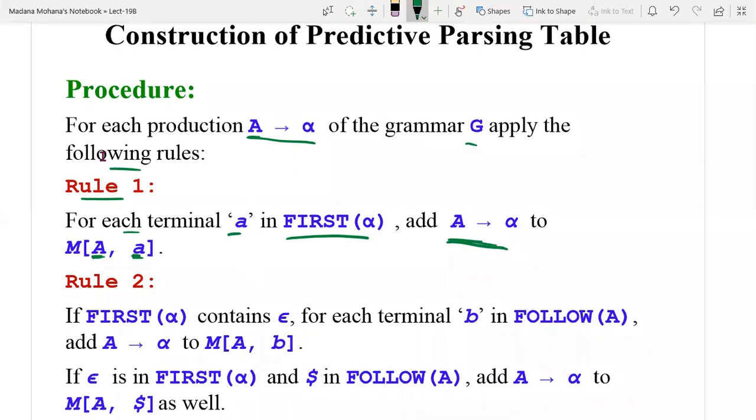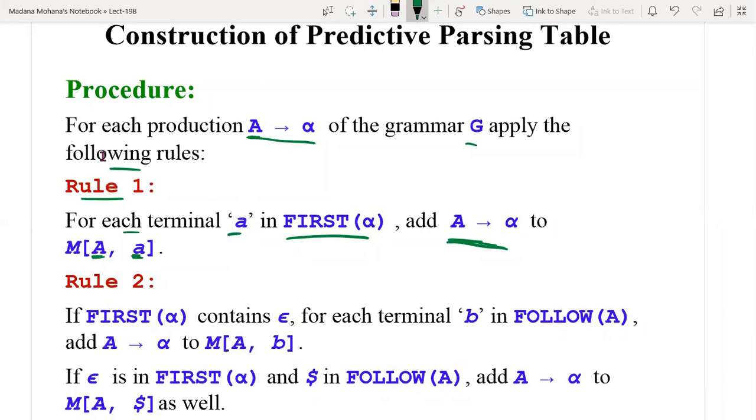You can recall what the predictive parsing table contains. It is a combination of either of two values: one is a production, or a blank entry. A blank entry denotes error. Other than these two cases, no other values are included in the predictive parsing table. This is rule one. Simply you have to find the first of the right hand side. If it contains any terminal, then under the respective terminal column,